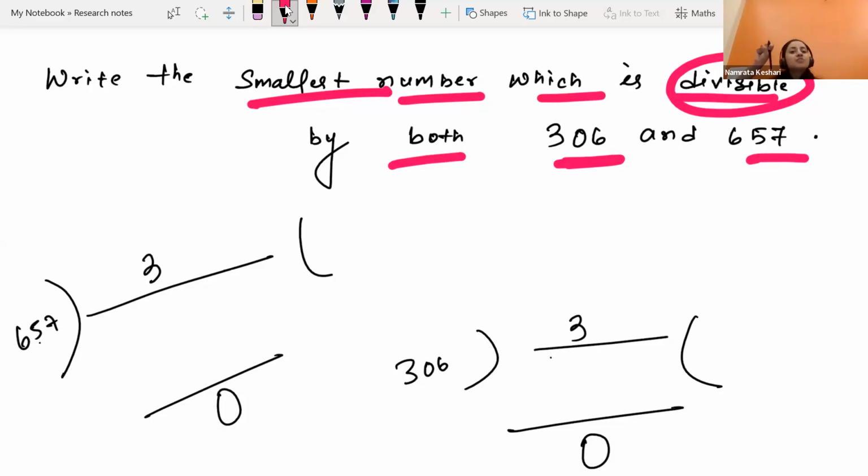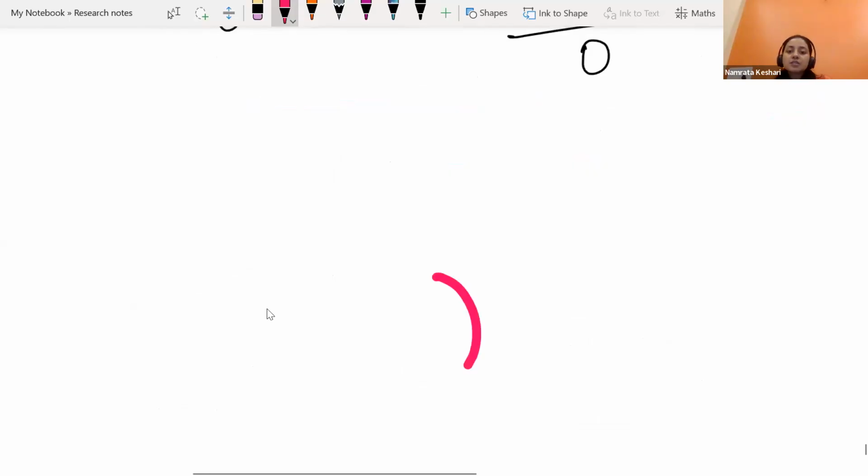We are searching for the least number which is divisible by 306 and also divisible by 657. That's what we are searching. Divisible means, this is how we do the long division method. A number is divisible, we can say,